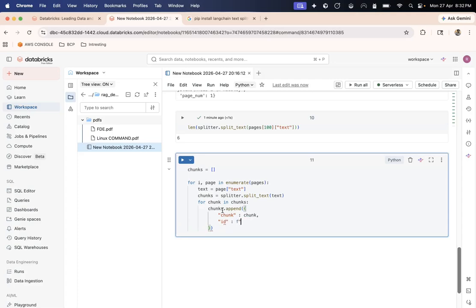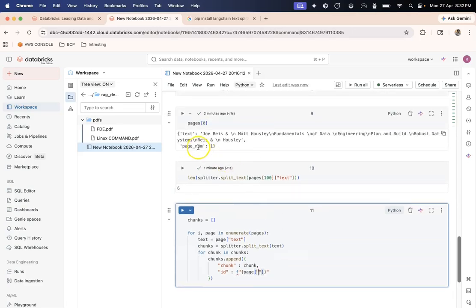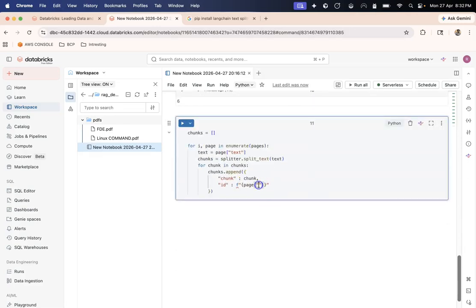I can maybe create this ID by taking the i of the pages, or maybe I can get the page number from the document itself. Since I am using double quotes, I have to use single quotes here.